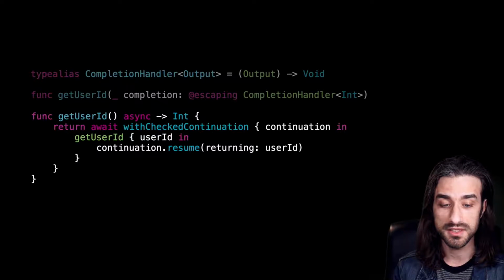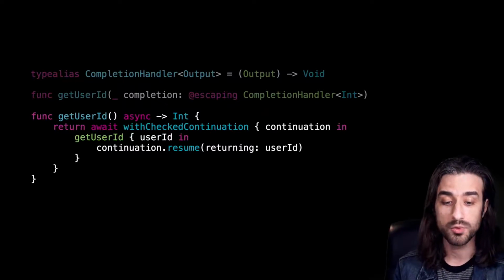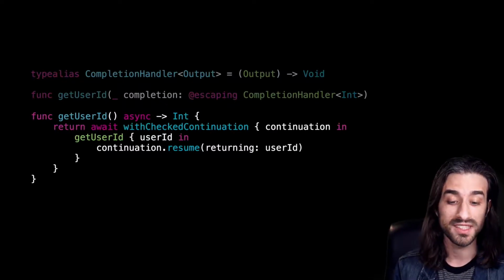We can see that this closure is given as an argument an object called a continuation. And this object has only one method, a method called resume. We call it by giving it an argument. And what's going to happen is that once we call resume on the continuation, the method withCheckedContinuation will return, and it will return with the value that has been passed as an argument to the method resume.